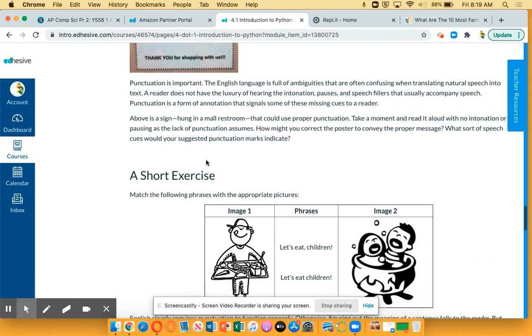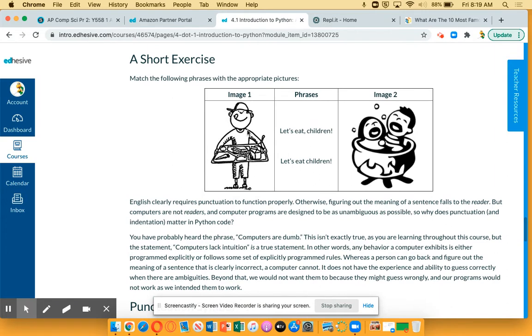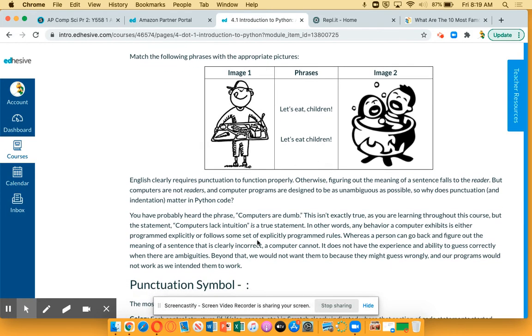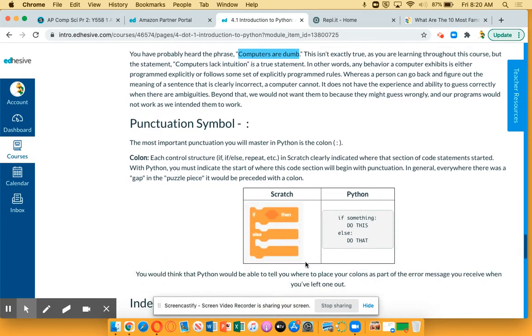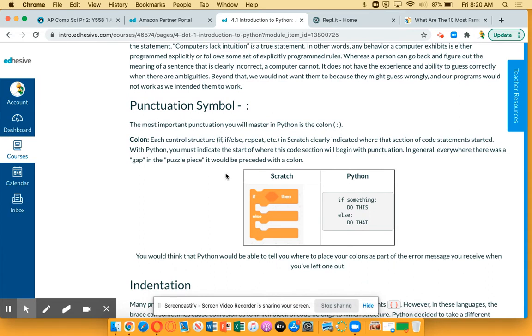That's how computers work. It's the same thing with the next one here. They got this image of this person here. Let's eat, children. Okay, means totally different than let's eat children. You have to understand that computers are dumb. It says it right here. They do not get, they do everything literally. They do not understand what it is that you're trying to say if you don't set it up exactly like it should be. When you take a look at punctuation, Scratch is going to look one way, the Python's going